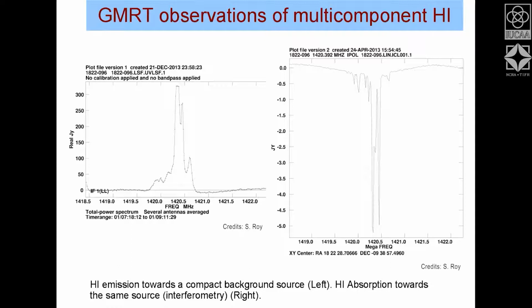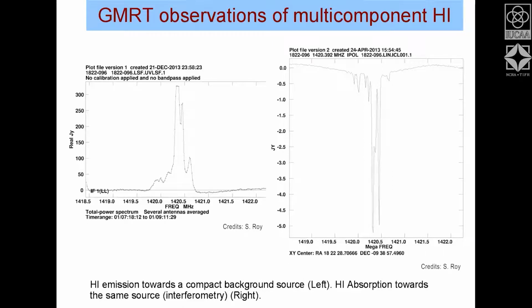Okay. Now, this is something which you are seeing in emission. Now, in the interferometer, I have to go a little bit into it, because this experiment was done using both the single dish and also using the array as an interferometer. You may be a little worried about the interferometer because you don't know some of the very basics at the moment. What we are going to see on the right side plot is the same source, the same direction, towards which you are seeing the emission and absorption.